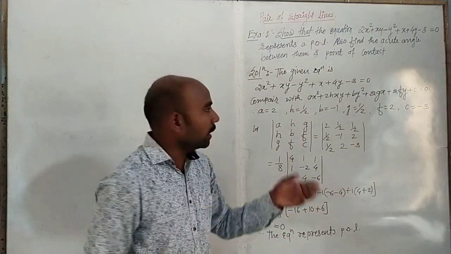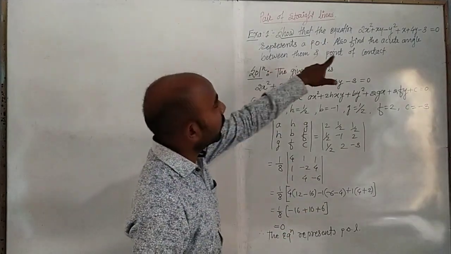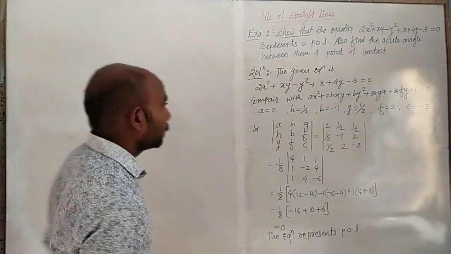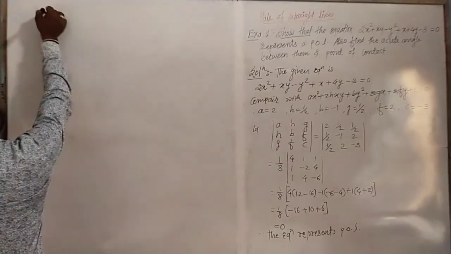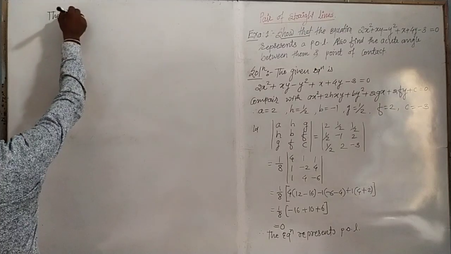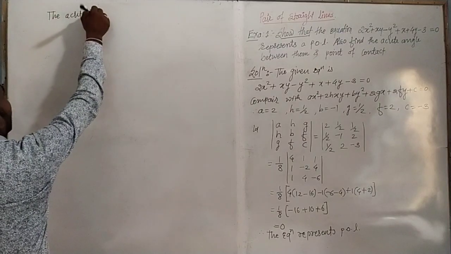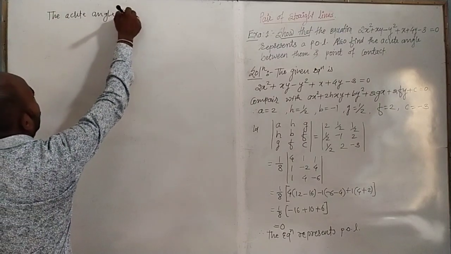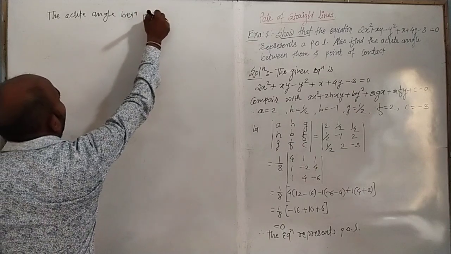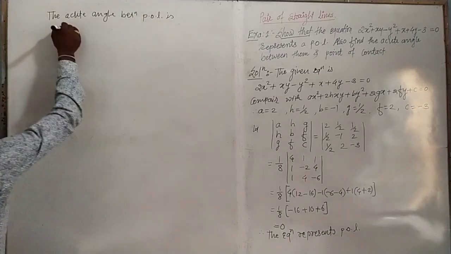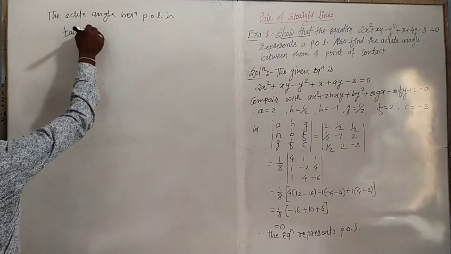अभी हमें क्या करना है, एडिशनल क्वेश्चन पूछा गया है कि फाइंड द एक्यूट एंगल बिटवीन देम. So the acute angle between the pair of lines is, what is that? We have the formula tan theta is equal to mod